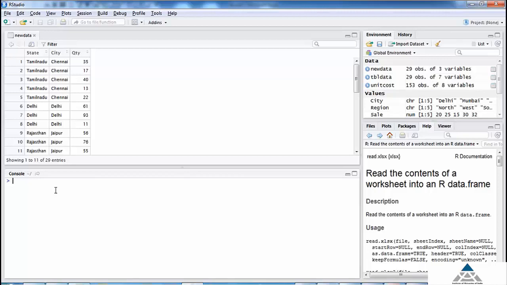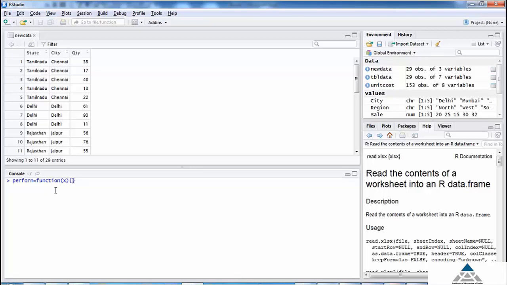We can do this by using if condition, as we have seen in our earlier video. However, if the criteria that we have is very big, or there are multiple criterion involved, then the if condition would become very large. Instead of using the if condition multiple times, we can create a function of our own. Let us see how we can do this. Let us name the function as perform. Write perform equal to function, and within the brackets, write the argument as x, which would be the variable quantity.